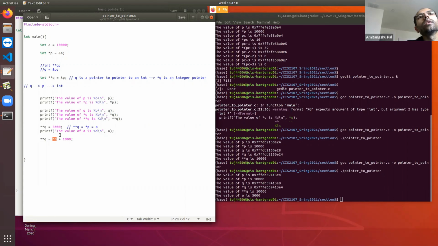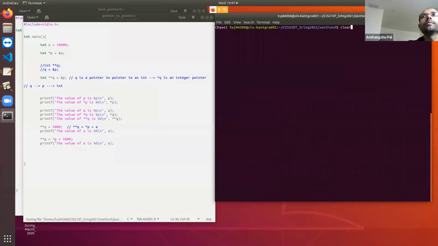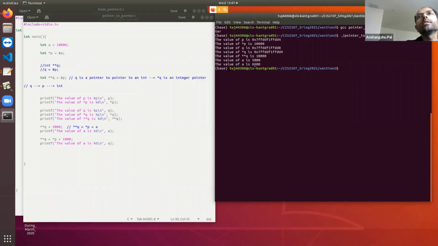That means you are incrementing the value of a by 1,000. Okay, that means the value of a will change from 5,000 to 6,000. So you see that the value of a is changed to 6,000. Okay, so these are all dereferencing.